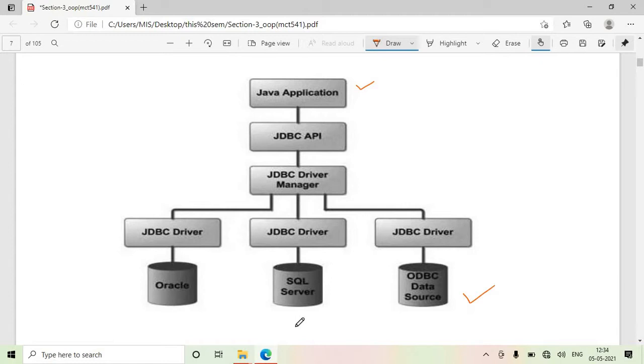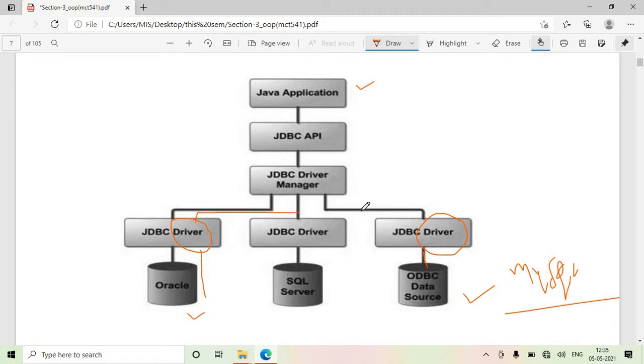The database can be SQL Server, Oracle, MySQL, or any kind of database that you would like to connect with your Java application. For all your databases, there is a unique JDBC driver: a JDBC driver for MySQL, for SQL Server, for Oracle.